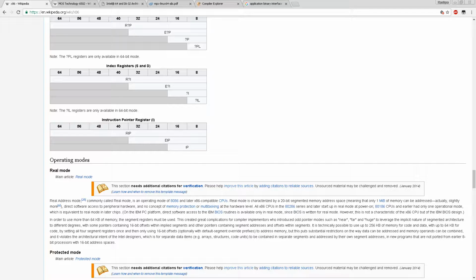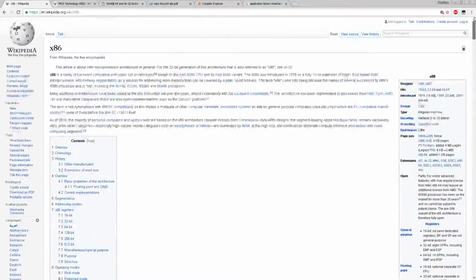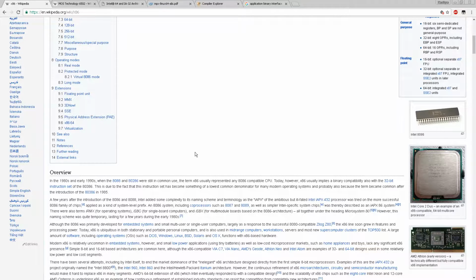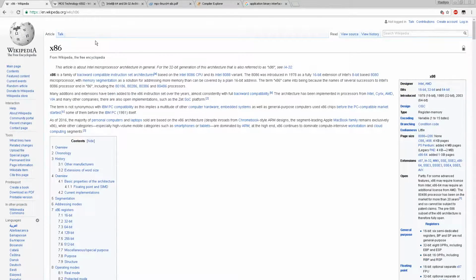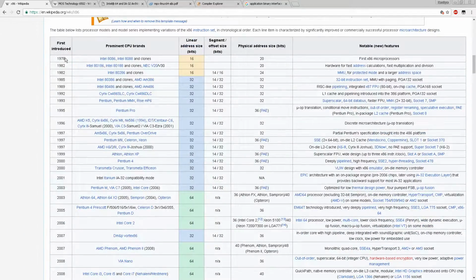Let me show you something I was just looking at. I was writing some code and looking at the x86 and its history, and I found a few things that might be curious to look at. This is the Wikipedia page on the x86, which has all sorts of history since 1978,